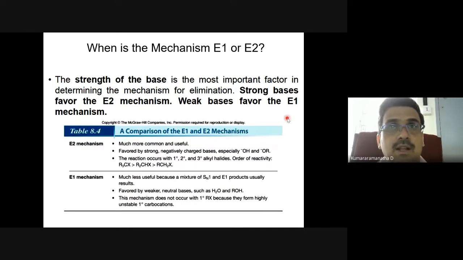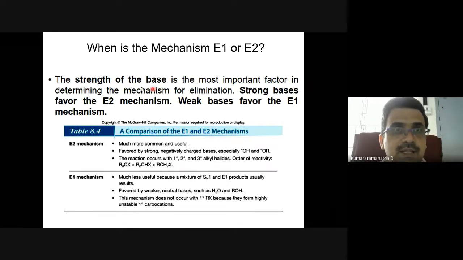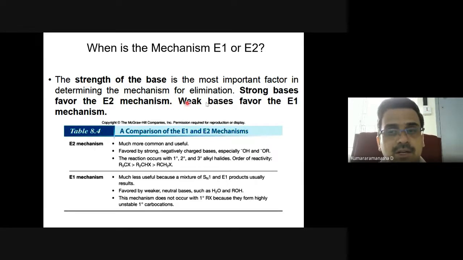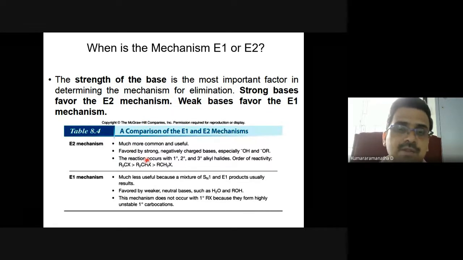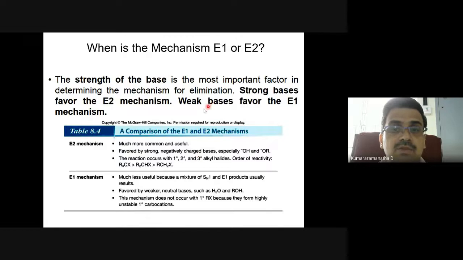So E2 versus E1 is only one difference, one step versus two step. Now, you might be wondering, everything is fine. You are telling sometimes strong base will favor E2, weak base will favor E1. So essentially the strength of base is very important. Strong bases E2, weak bases E1. So, how do we compare finally? Is E2 mechanism a very common and useful mechanism because you use stronger base, and alkoxides or hydroxides are generally being used. Tertiary butyl group will be very dominant,